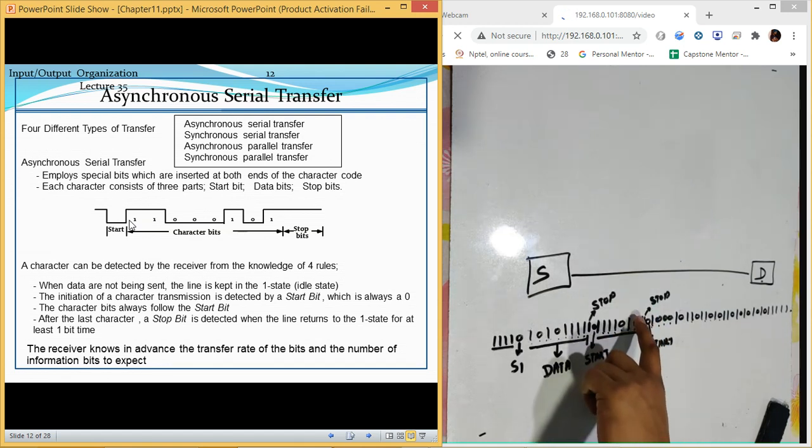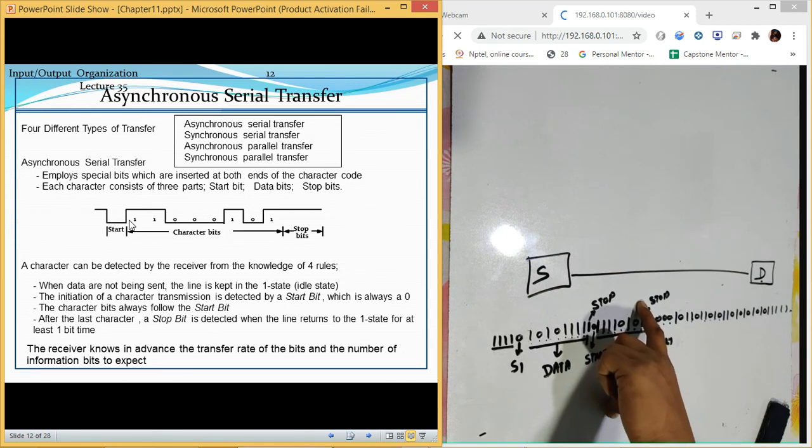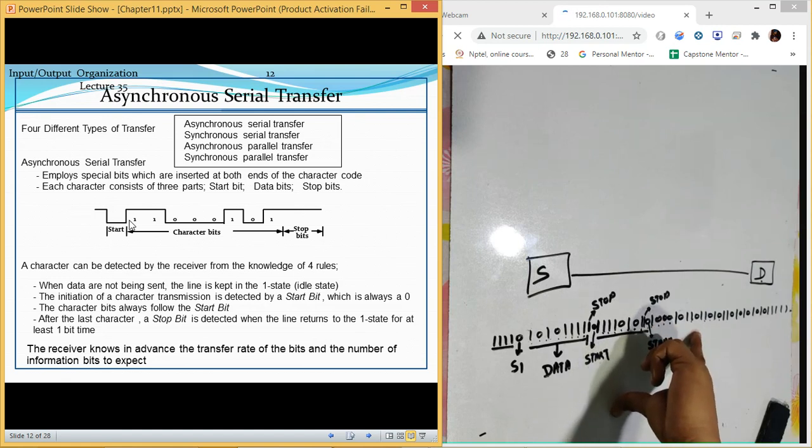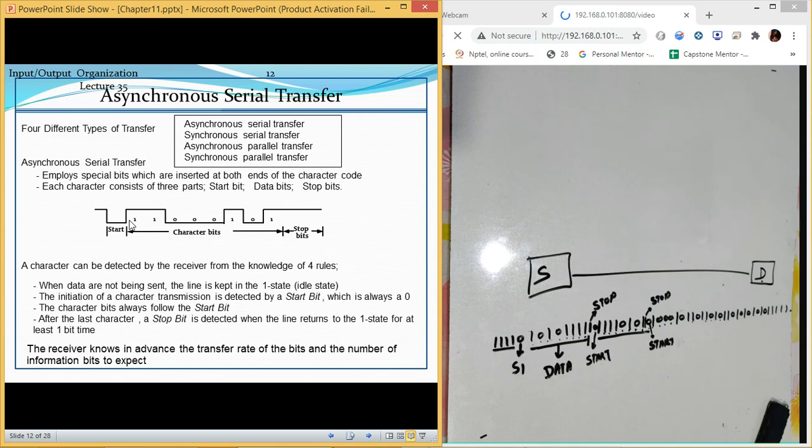Then again there might be multiple ones, which tell you there is no data transfer. Whenever it becomes 0, it starts a transfer, and we just count 8 bits. So this is how we come to know what amount of data transfer is happening. So this is an asynchronous serial transfer.